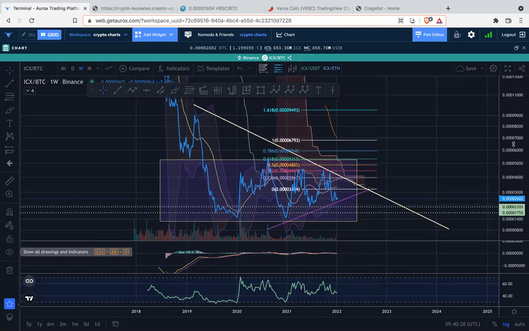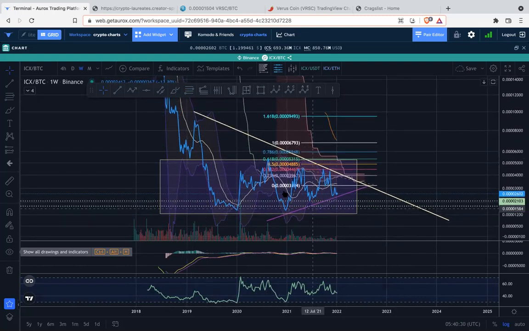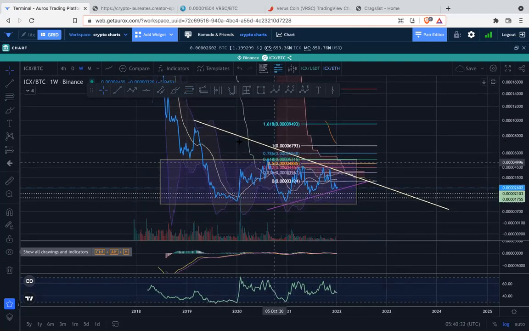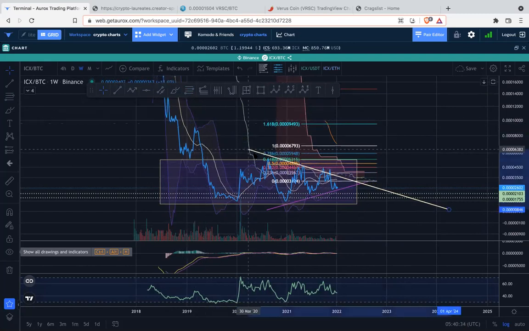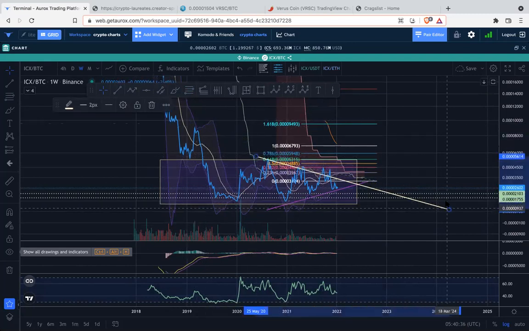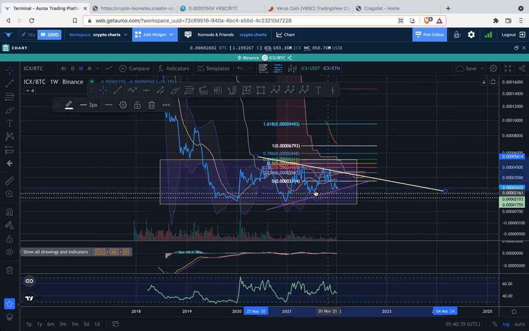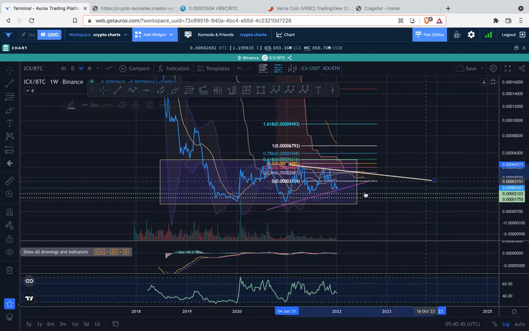We've got a downtrending resistance. And mainly if we want to pull it from over here, that's fine too. We've got something here. Either way, the main thing for the ICX chart is to hold this higher low. Otherwise, coming down to this 2000 Satoshis level is very much possible. So I think there's a good chance that it will hold